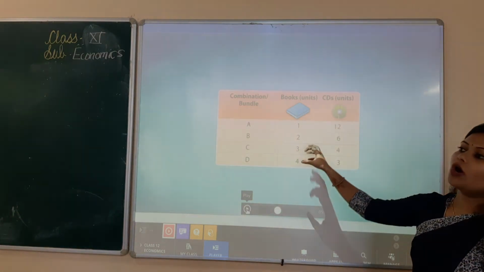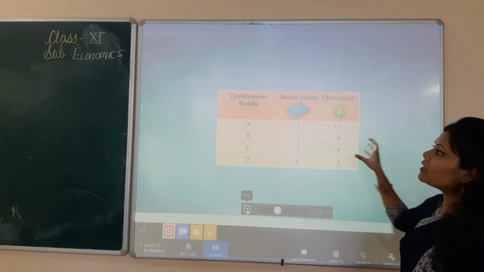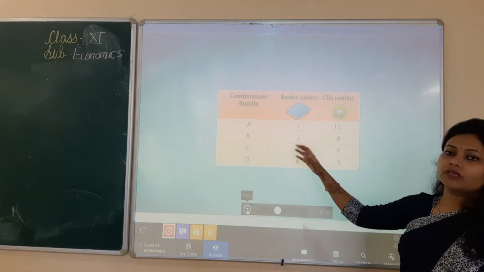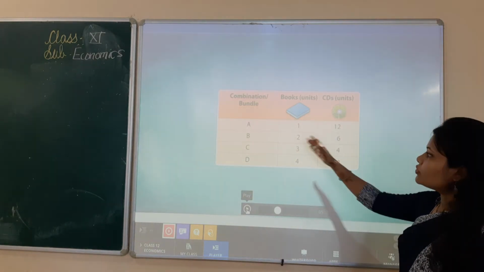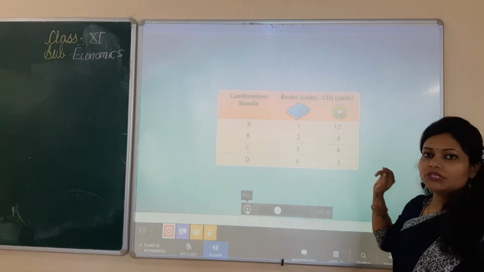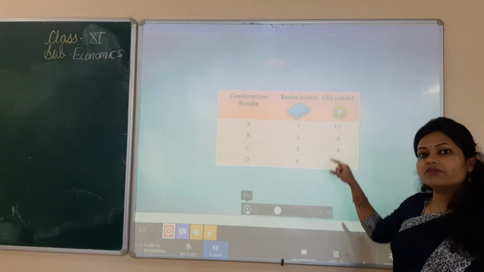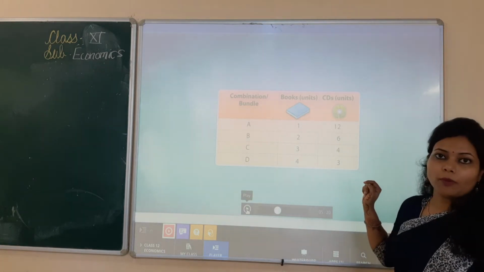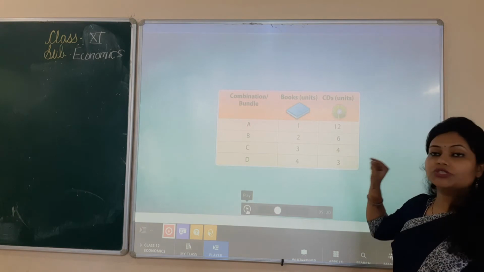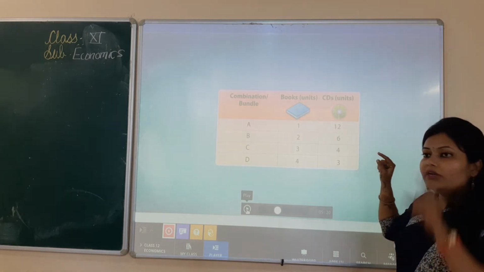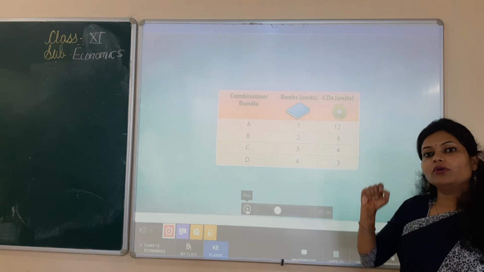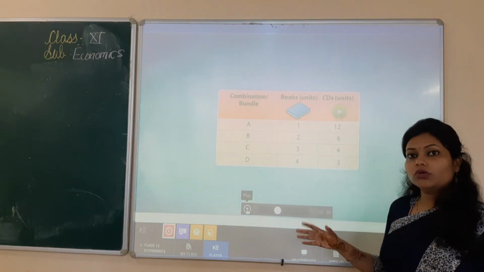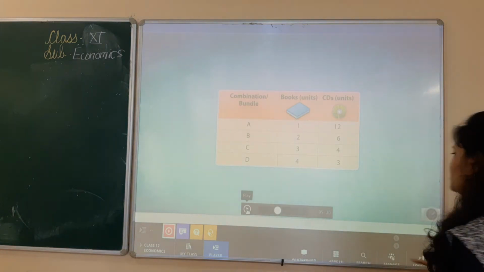So there are different combinations a consumer can choose among, whatever the money they are having, and the different ratios will give them the maximum satisfaction, okay. So it is basically showing the different combinations which we are going to express with the help of indifference curve. One indifference curve will show one combination, okay. The second indifference curve will show the second combination. So in one indifference curve there will be only one combination with that given amount of budget, okay. Let's just see, then you will understand it.